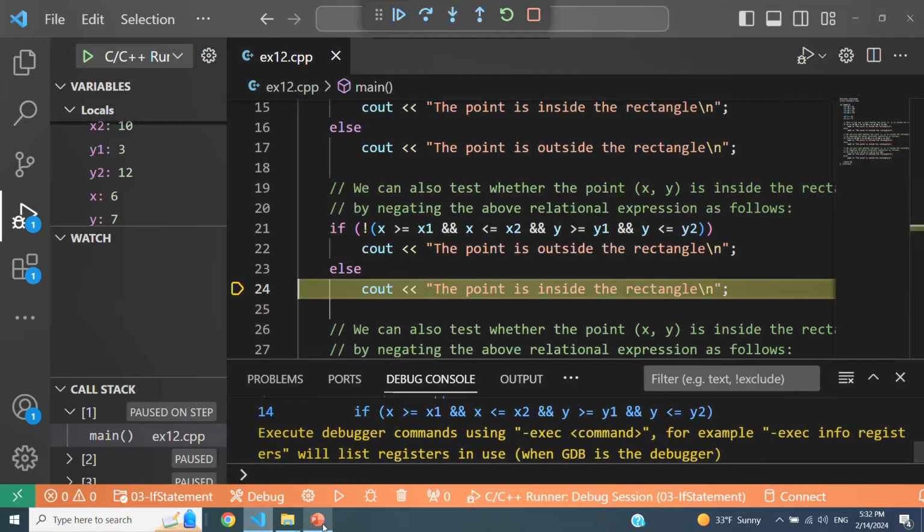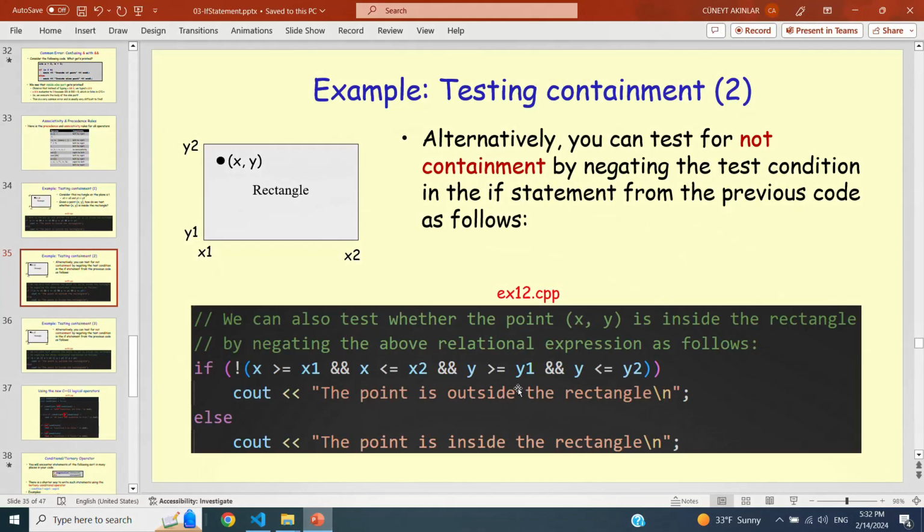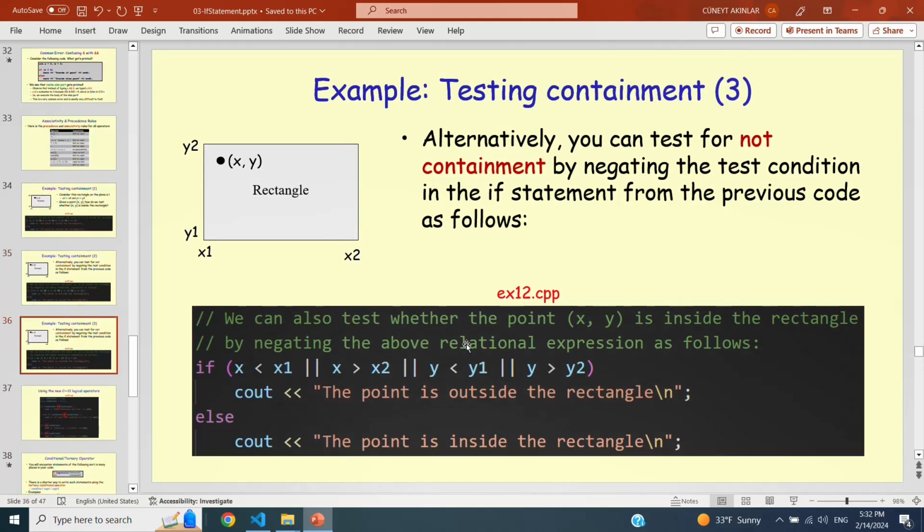All right. Another way to write this same condition is by applying what's called De Morgan's law, where we distribute this negation operator inside the parentheses, and that's going to change the operators. So that's going to negate the operators in a sense, and this is what you're going to get.